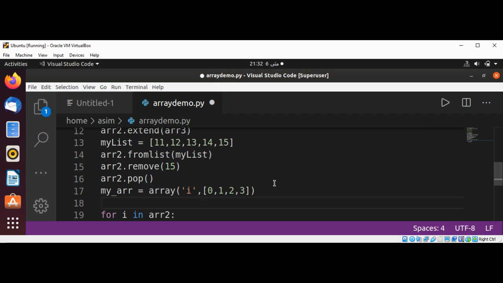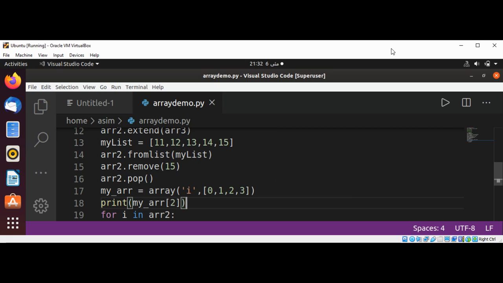And now I'm going to use print and pass in my array, and then I will go for 2 and just print it,